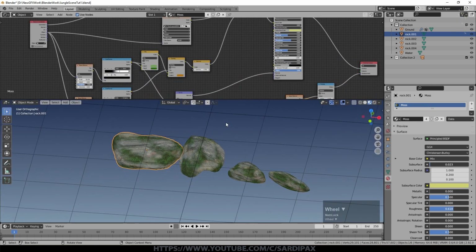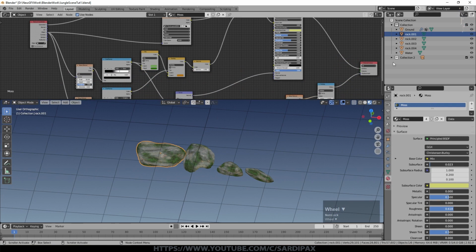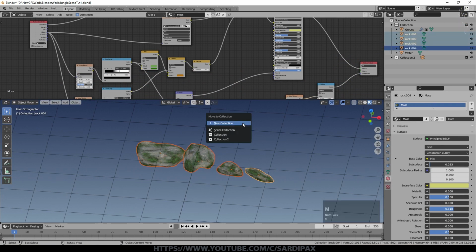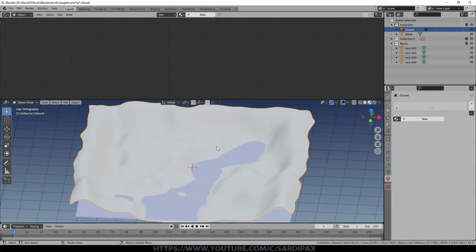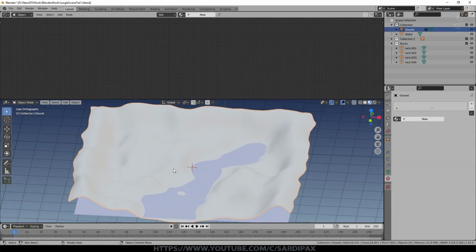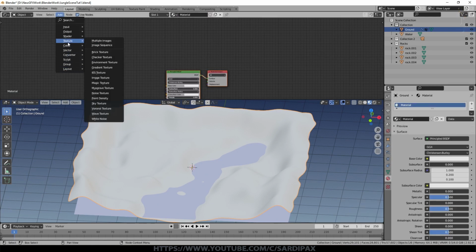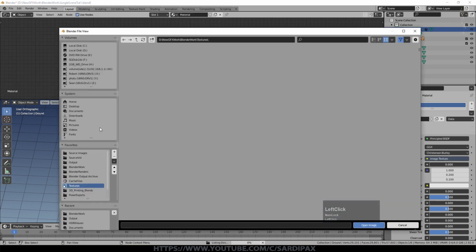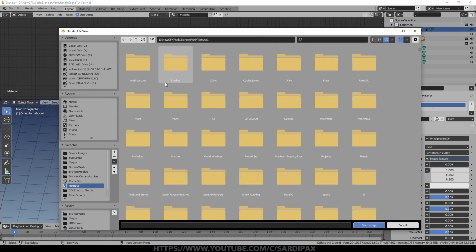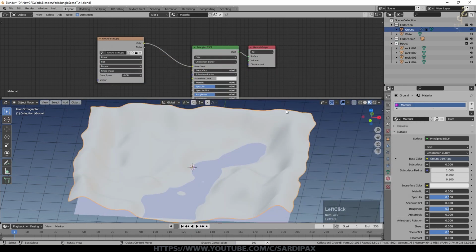So that's created our rocks, and we need to put them in a collection. So let's select each of the rocks, press M and say new collection, and we'll call that, unsurprisingly, rocks. So we'll go back to our ground now, but before we add our rocks, I'll just put a basic texture on the ground. So we'll say new up here, and we'll add texture, which is an image texture, connect that into there, and we'll go to my textures, and I use this one, basically leaves on the ground.